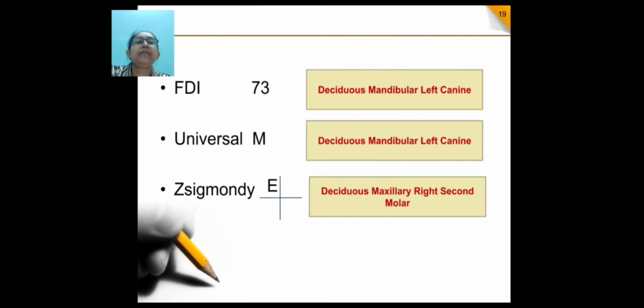If you see, whenever we are identifying the teeth, we are following a specific pattern. We are not deviating from the pattern. I told you this is called tooth coding. You have to identify the dentition, the arch, the quadrant and the tooth number. So this is how identification and nomenclature and the system are followed in dentistry.